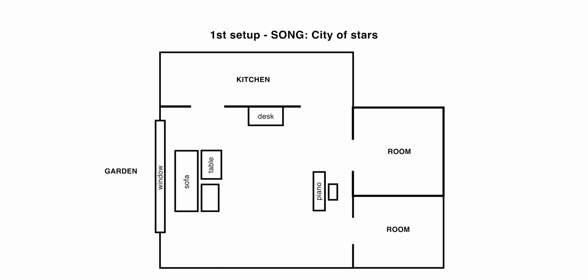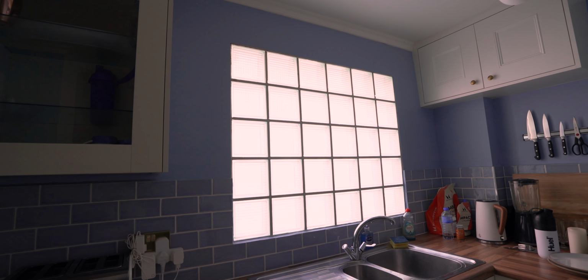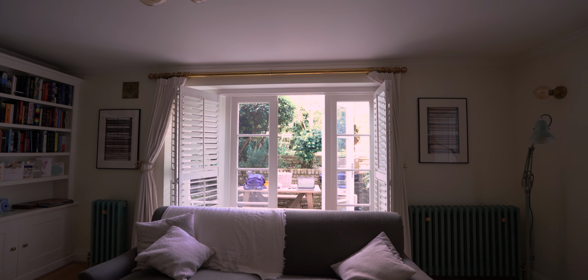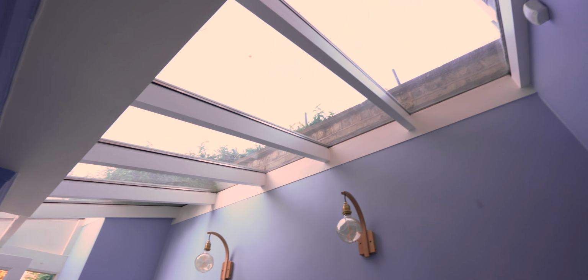Okay, we were lucky enough to find the flat, which is very similar to the original flat. So yeah, the setting is exactly the same. Similar piano. So as you can see, we got a lot of natural light coming in and we need to cut it out. So we start by blinding the main windows here in the living room and in the kitchen. And then we start shaping the light with the